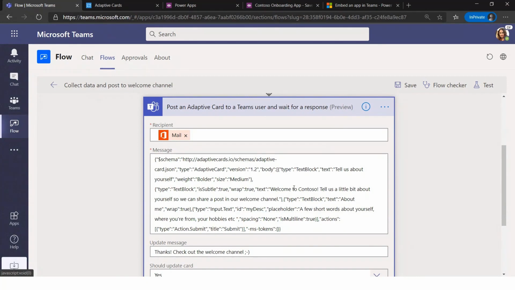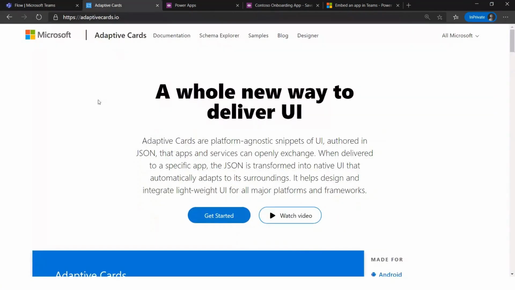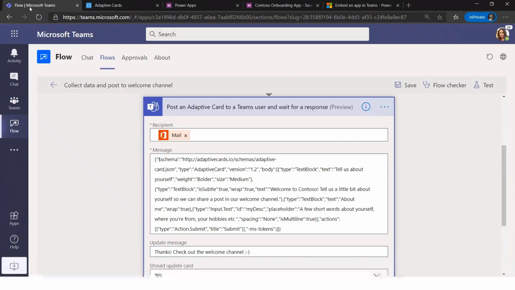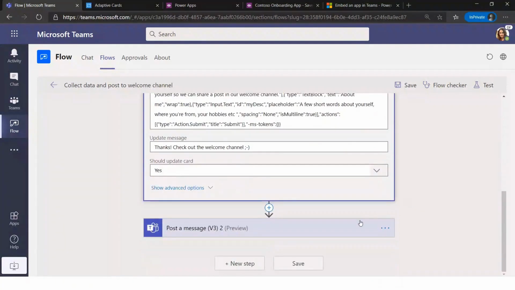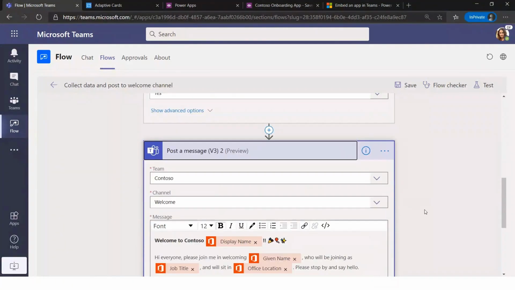Absolutely not. We have a resource for you that's called the Adaptive Card Designer. I have a link to it in this deck, so you can take a look later on. But it allows you to build adaptive cards in a drag and drop visual way, and we generate all the JSON that you need. So once you have that done, we'll go to the final step of this flow, which